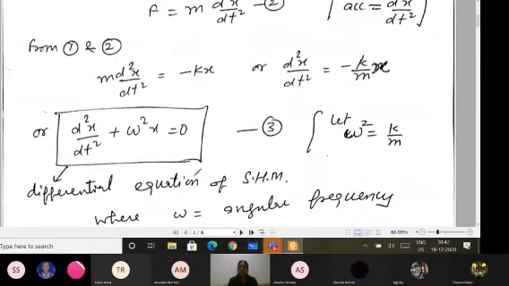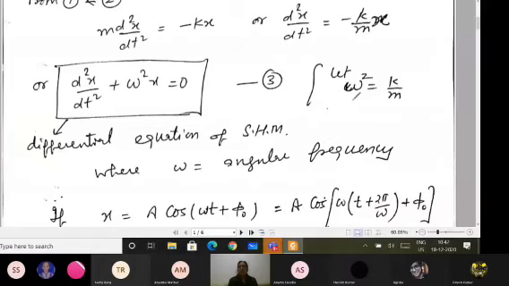And this omega will give you the value of the time period, because you know omega is 2 pi by T also. So from here you can find the equation for the time period of the oscillation. And of course omega is angular velocity or angular frequency, you may call it, that is given by 2 pi by T or 2 pi nu. So for simple harmonic motion you can find the time period or frequency from here.